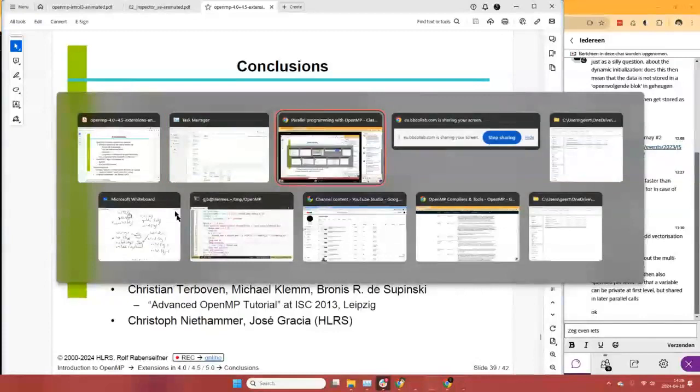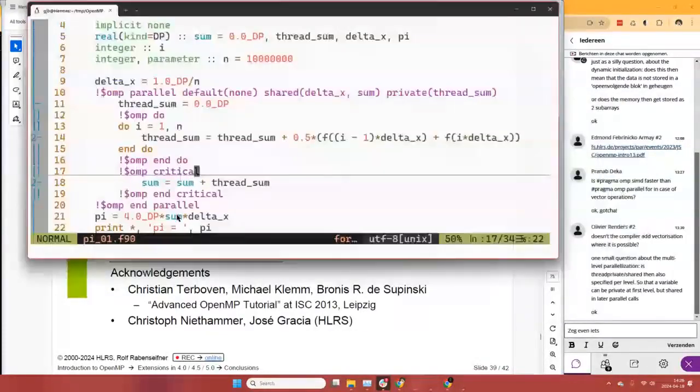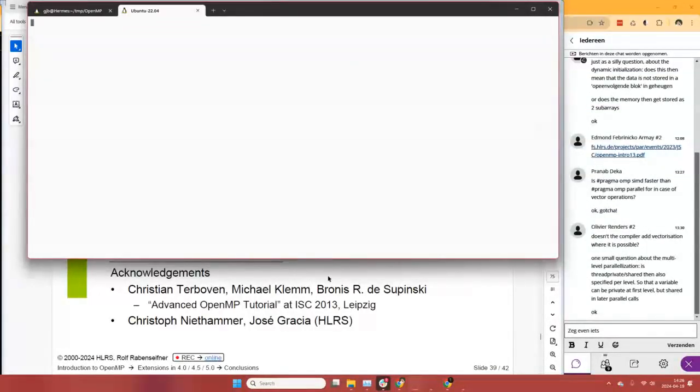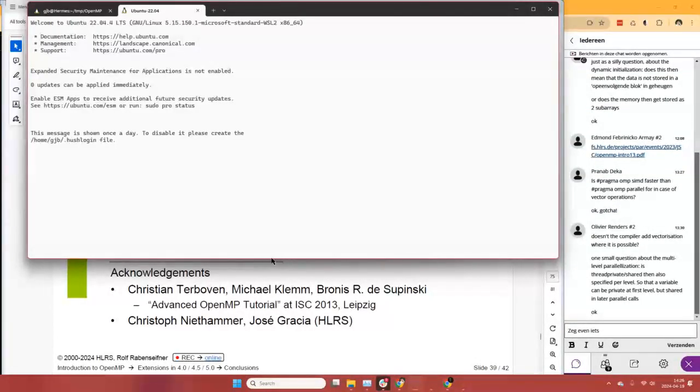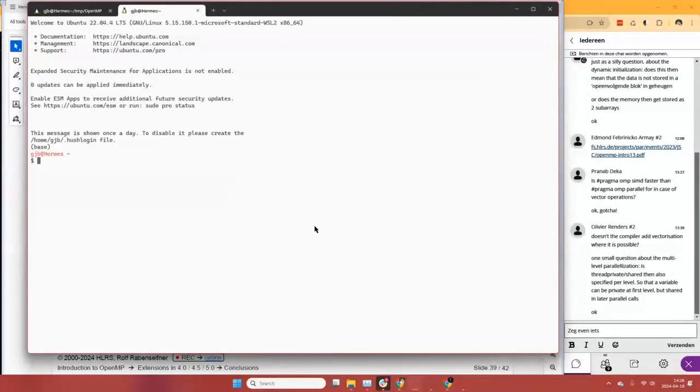So we can quickly have a look at how that would pan out in practice. So let me just start a new tab here and switch directories. Oh, what is happening here? Ah, okay, that's because the shell was a leftover of yesterday and I run it the first time, so it doesn't matter. Okay, so let's go to